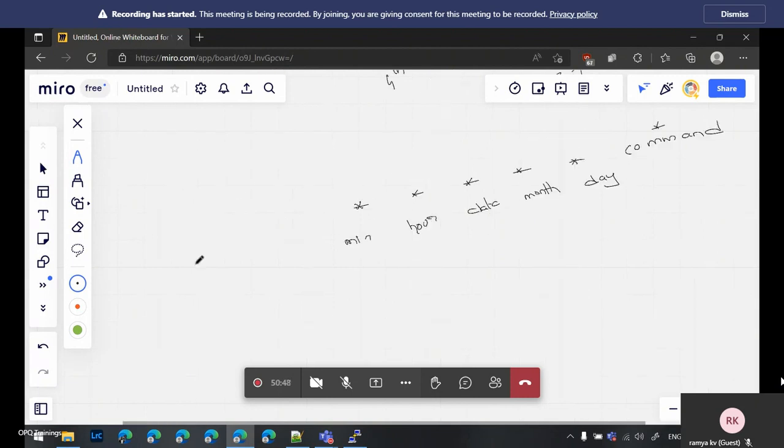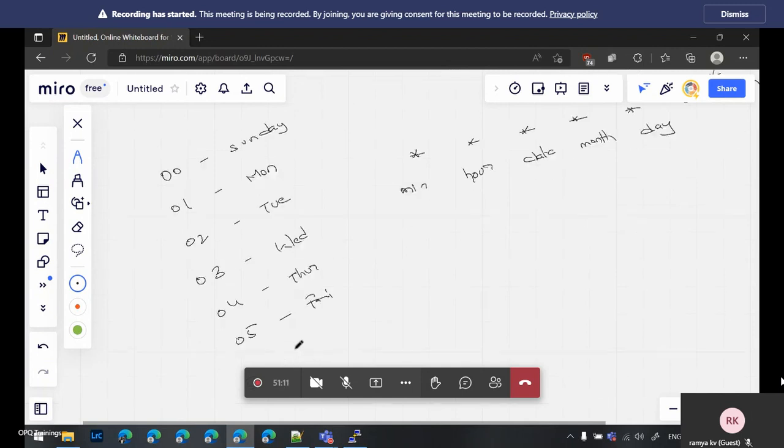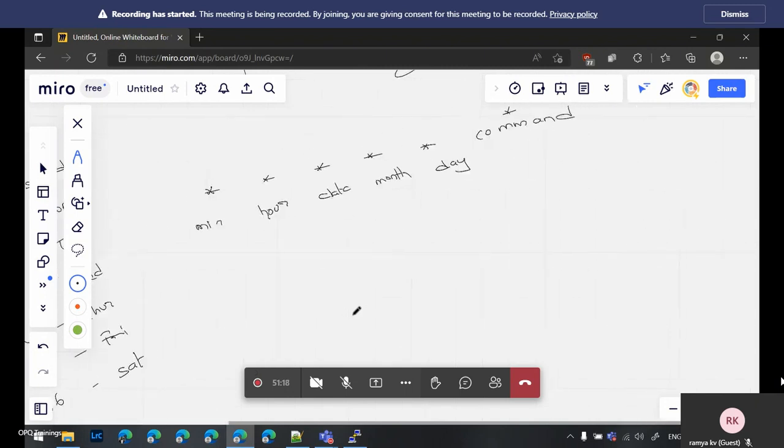So for days, Sunday is 0, 01 is Monday, 02 is Tuesday, 03 is Wednesday, 05 is Friday, and 06 is Saturday. So let's say for an example, I want to execute this command on